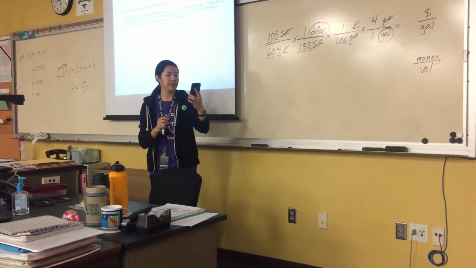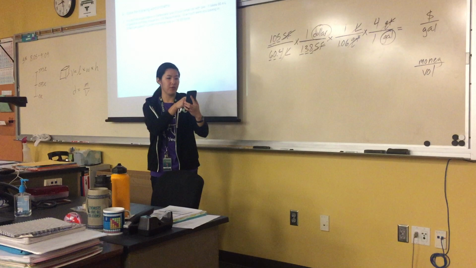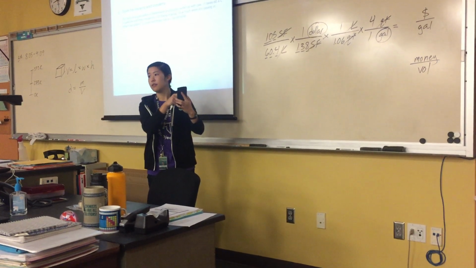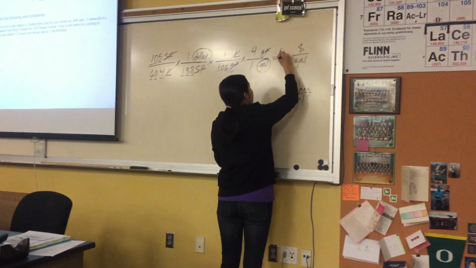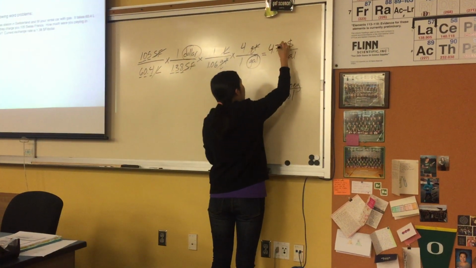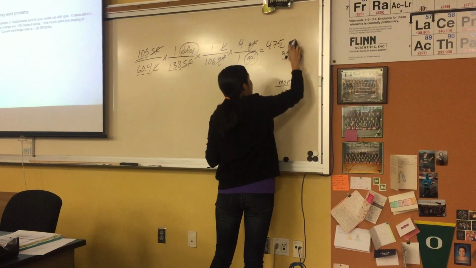So if we can only use 3 Sig Figs, it's going to be 4.7, what's the last number? 5 with rounding. So 4.75, and then however you want to write this, either dollars